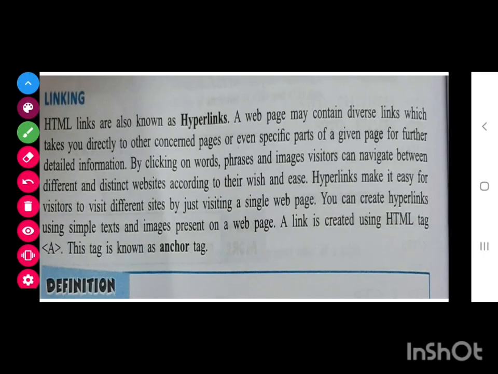Good morning, everyone. Class, today we are going to start the last topic of your HTML. After that, your new chapter, or you can say new concept, that is CSS, is left. They have included that chapter in this module only, but actually, that is a separate chapter. So, class, your topic is linking.